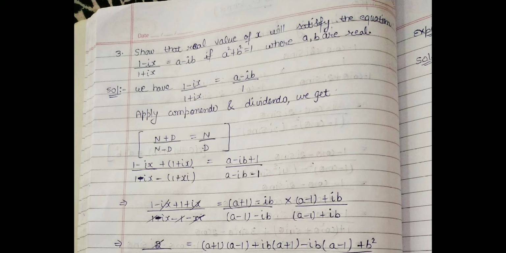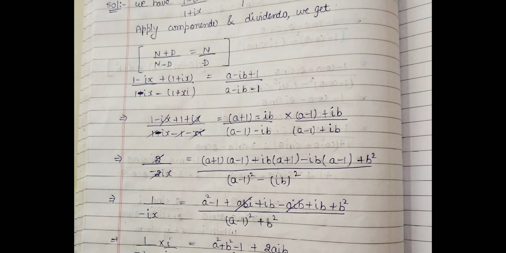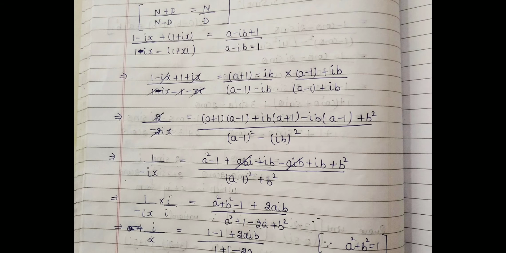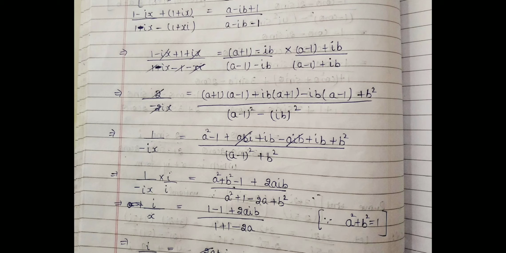Now we have numerator 1 minus iota x and denominator 1 plus iota x. And on the right-hand side, we have numerator 1 minus iota b and denominator 1 plus iota b. Now we take numerator plus denominator and numerator minus denominator. Similarly, we will apply this to the right-hand side also. After doing a little bit of calculation, we have 2 upon minus 2 iota x. And on the right-hand side, the denominator is imaginary, which means an iota is present in the right-hand side.